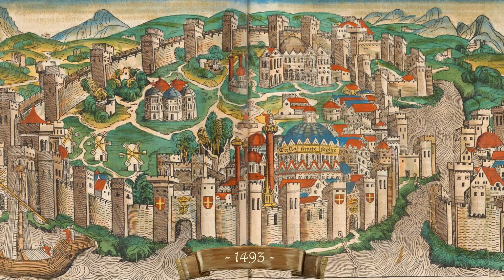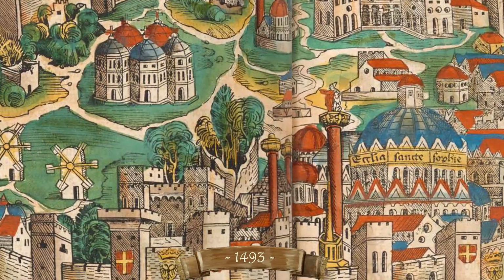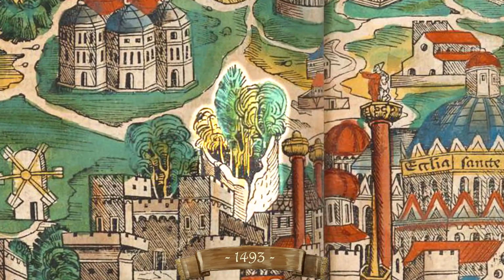This is the previously shown drawing from the Nuremberg Chronicle by Hartmann Schedel, which depicts the Istanbul Colosseum. Let us take another look. The drawing clearly emphasizes that the Colosseum is already in a ruined and abandoned state. The Nuremberg Chronicle is dated 1493, meaning that by that time, the Ottomans had ruled Istanbul for only 40 years